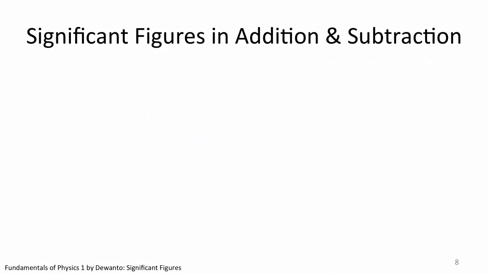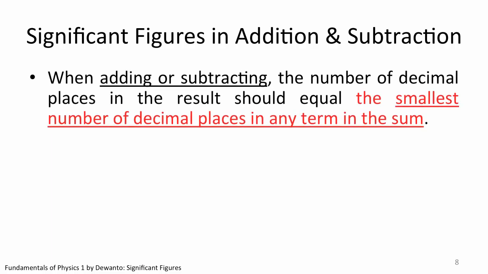How about addition and subtraction? Well, the idea is similar. You are not meant to introduce extra precision in your calculation. It does not make any sense to come out with more precise result from mathematical operation of two or more less precise physical quantities. However, instead of keeping track of the significant figures in the quantities, in addition and subtraction, you are to keep track the decimal place. The final answer should have the same number of decimal places as the smallest number of decimal places in any